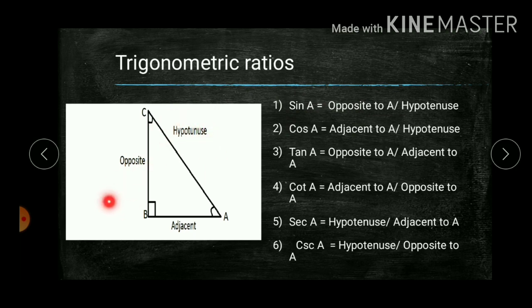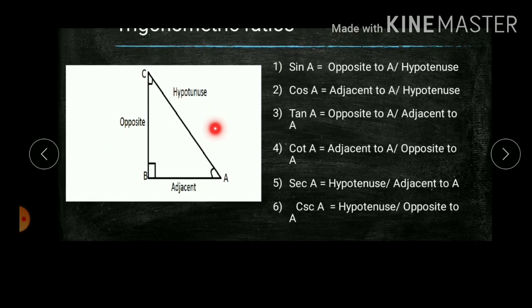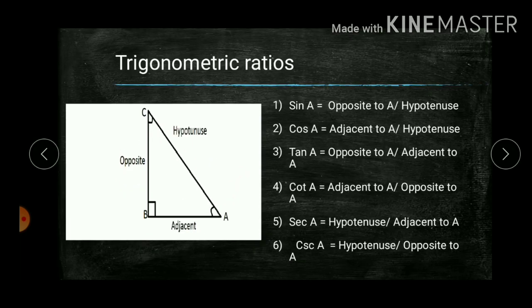Do you know the hypotenuse? Hypotenuse is the longest side. I am telling you twice and thrice: hypotenuse is the longest side. It does not change from one side to the other. Sin A means opposite by hypotenuse, and if you take C, sin C means